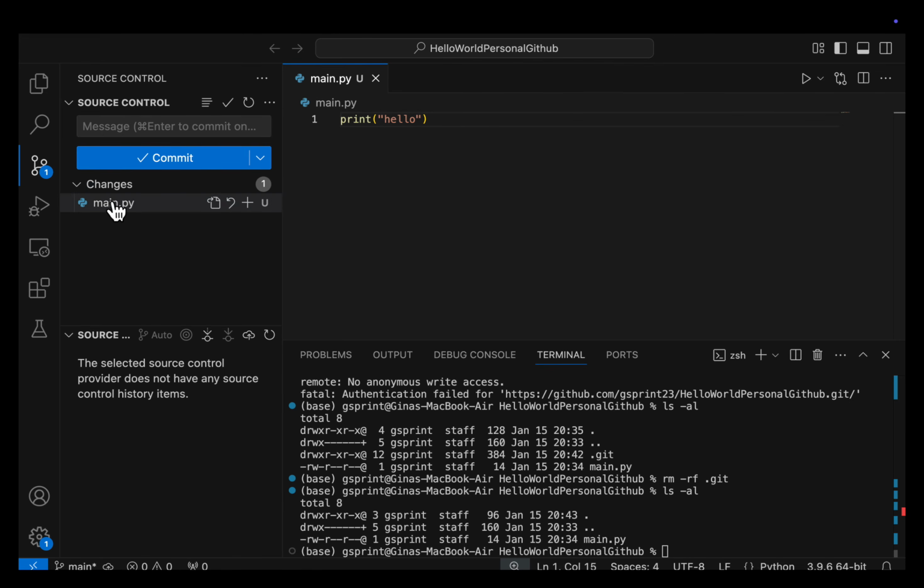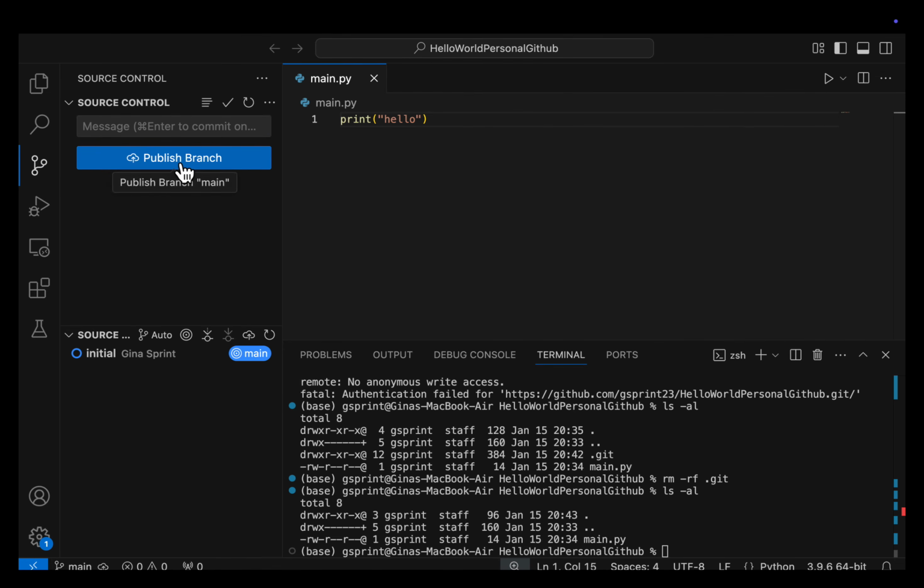So first and foremost, it says there are some changes in main.py. We have this untracked file. Okay, untracked means we haven't added it to the staging area, so Git's not tracking it. So let's say I want to add it to the staging area. I can hit this plus sign here to stage changes. And now let's say I want to make a commit. So I'm going to type in initial, hit commit, and notice that I didn't have to enter in my